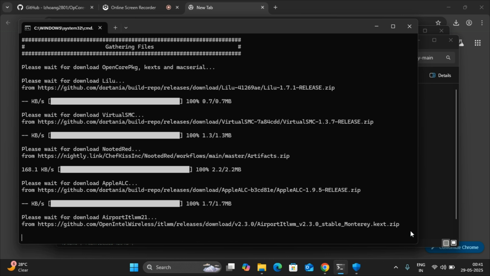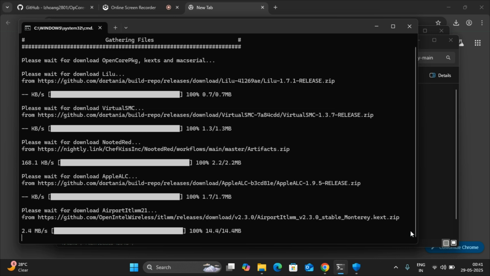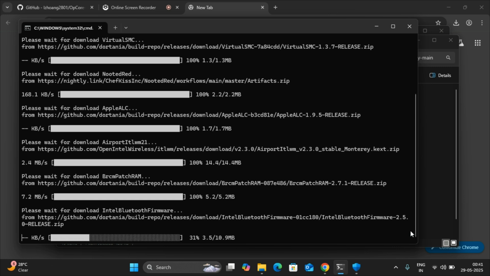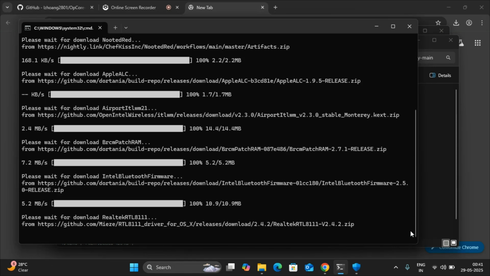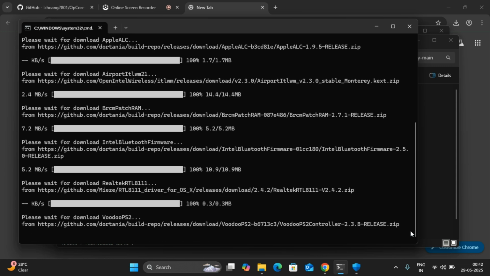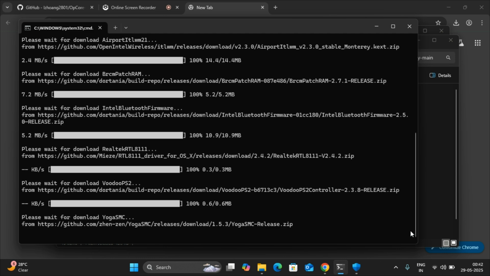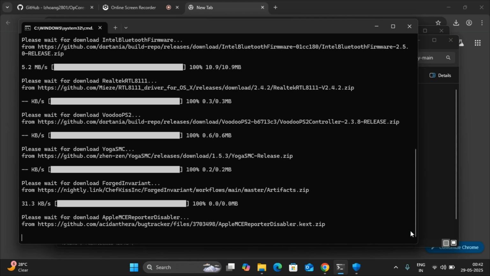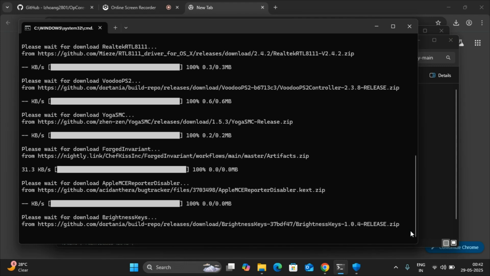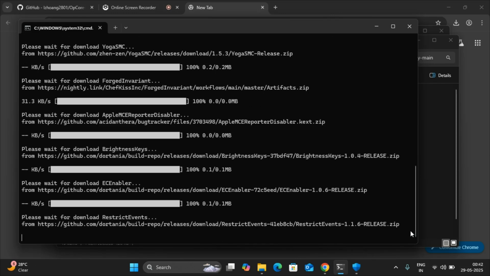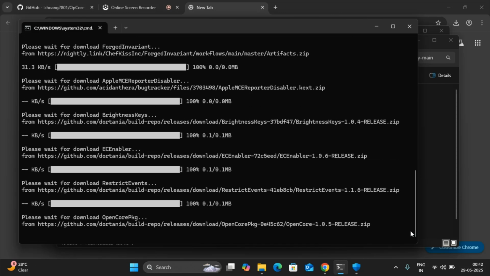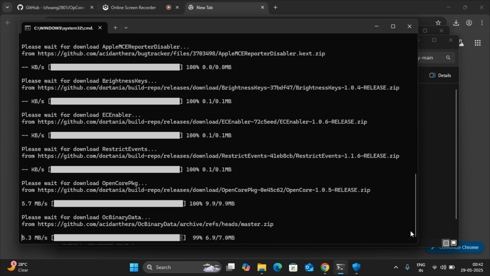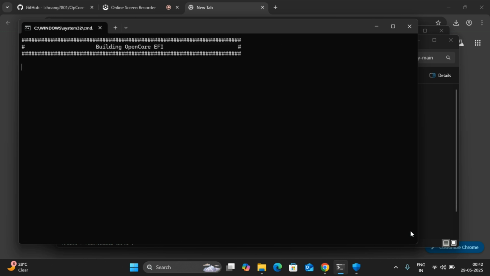It has generated all the checks that are needed. You have to wait for some time and let this thing complete.